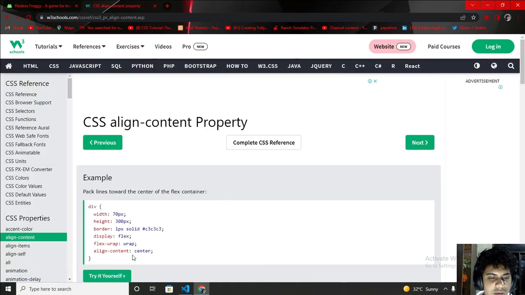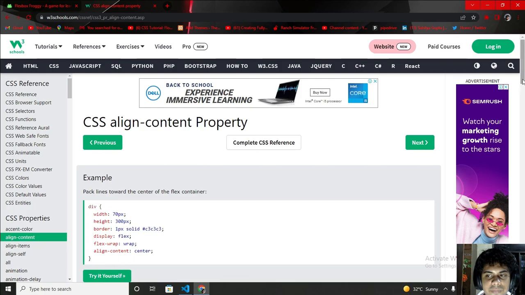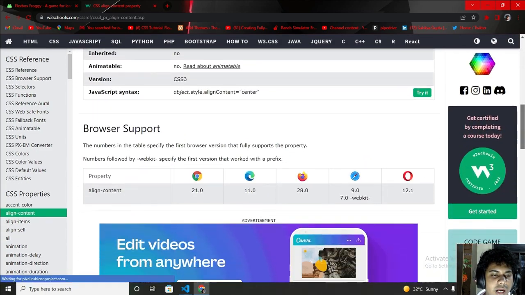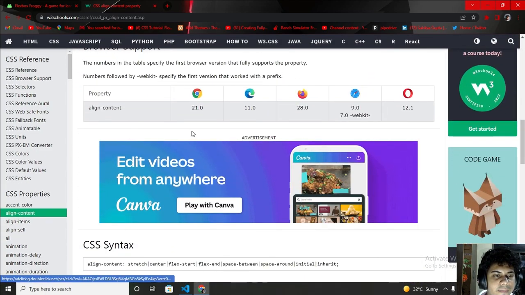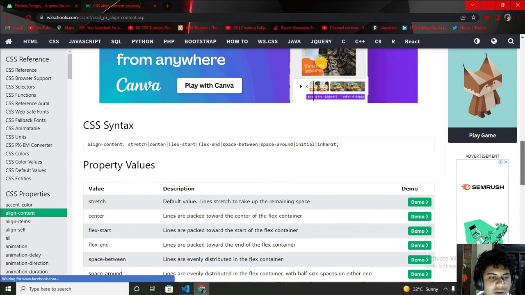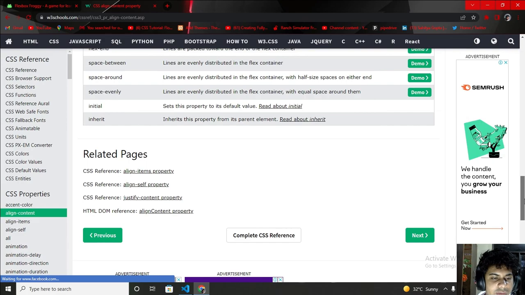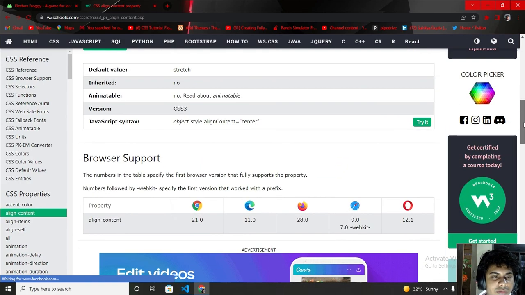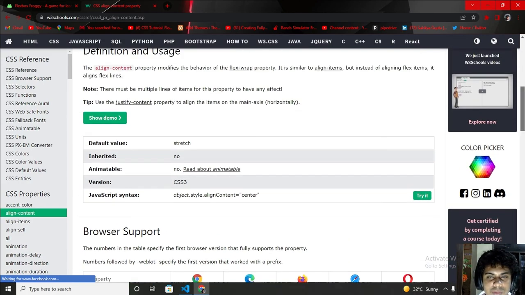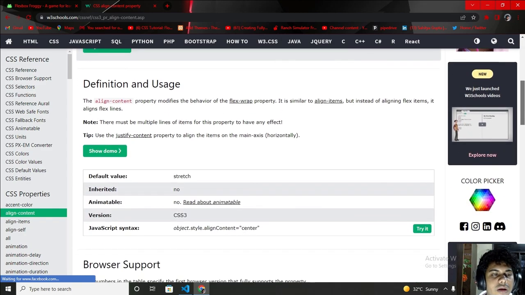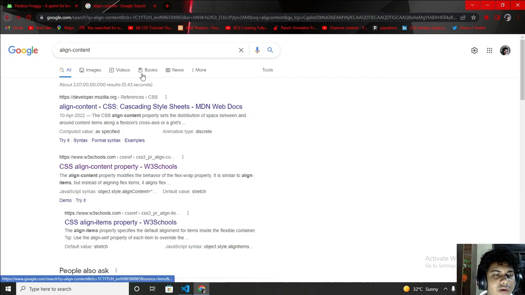Width, align content, center, flex wrap. I want a property in which I can use multiple properties, because I have only one section to use the property. It is not showing me what I want to see.